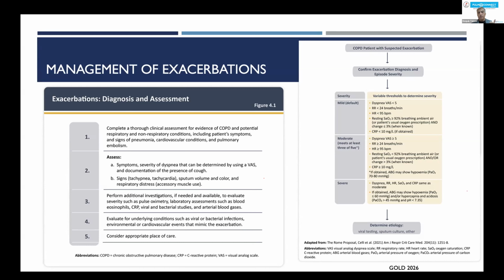So ABG, the CRP, the vitals of the patient, as well as the symptoms of the patient are the main criteria to see whether the patient has a mild, moderate, or severe exacerbation. Most of the time it is done by eyeballing. We look at the patient, how sick the patient is, but sometimes patients who do not look so sick may actually be severe patients of acute exacerbation of COPD, and hence blood gases are of immense importance in this